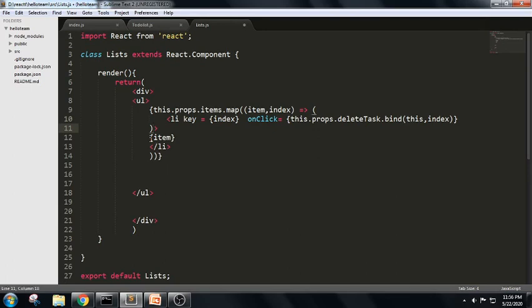If you can see this, a list item we are trying to call based upon this index value, we are trying to retrieve it. So we have written this.props.items.map with item comma index and an arrow function, and the key for this, based upon the onClick attribute, this.props.deleteTask, which is trying to bind this.index, and we were trying to bind this thing.